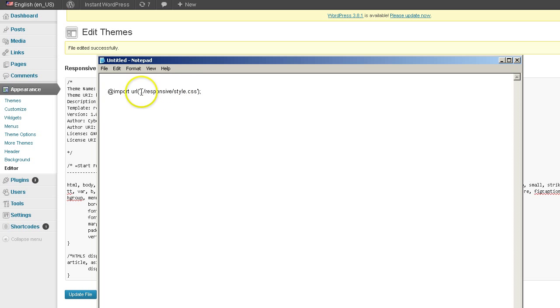Because it's not in just the responsive folder and the style sheet. Now it's responsive core /CSS